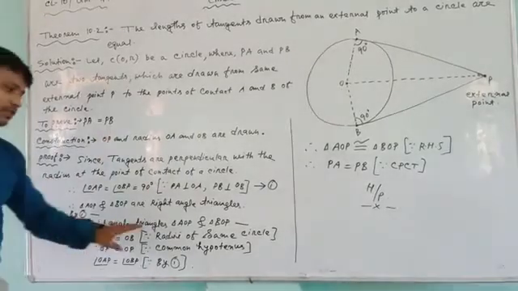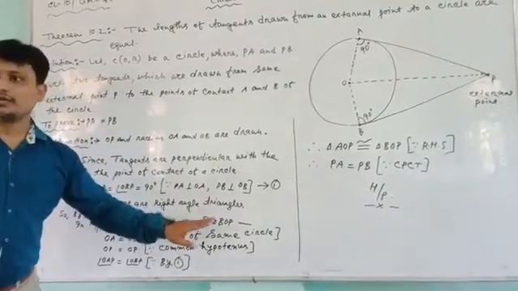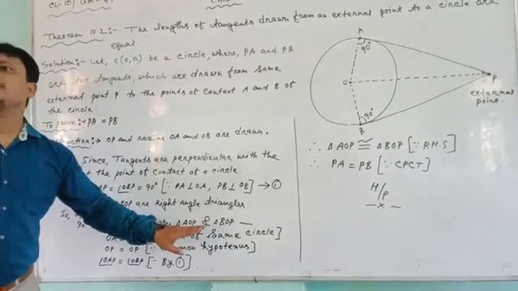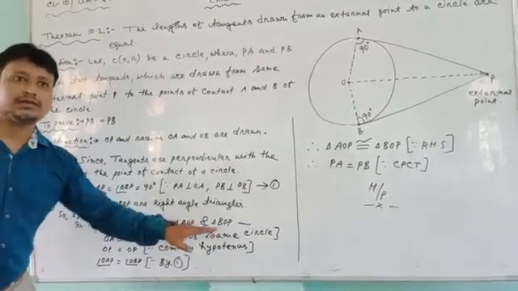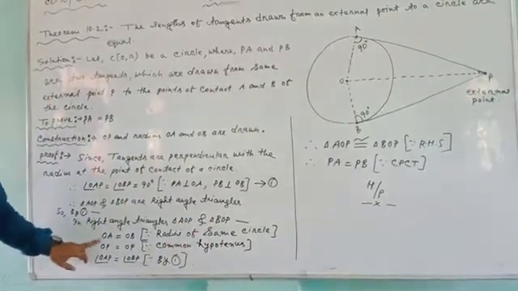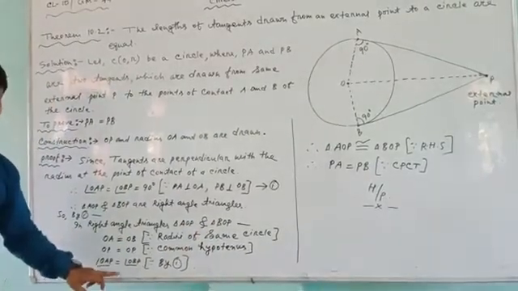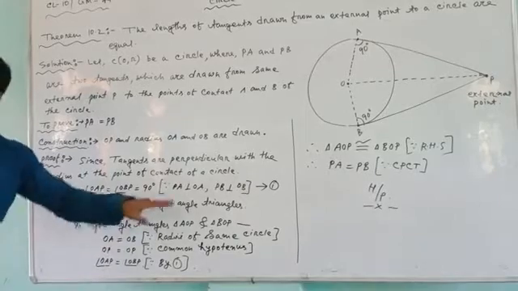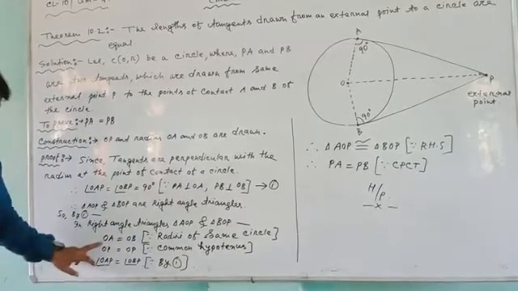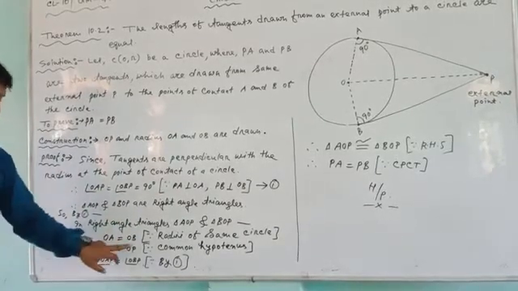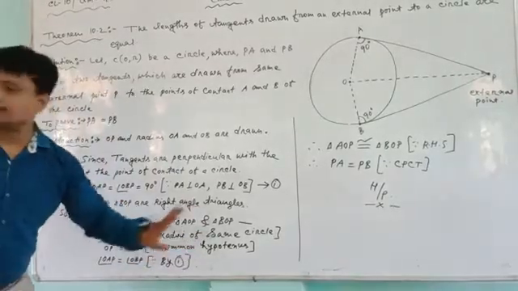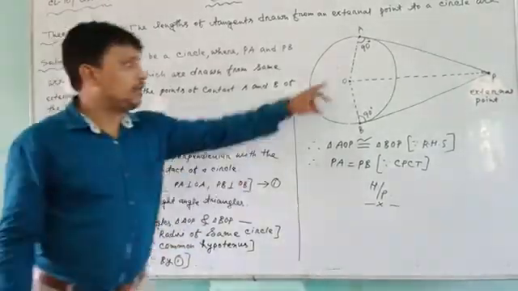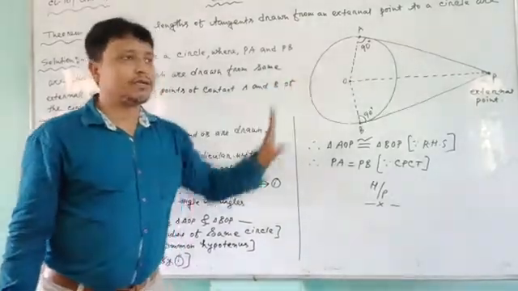So first of all, we are considering these two triangles. That means in the next step we are going to write three statements related to these two triangles. Then you write down three statements which are true for this pair of triangles. So write OA equal to OB, that means radii of the same circle. OA equal to OB, radii of the same circle are equal.